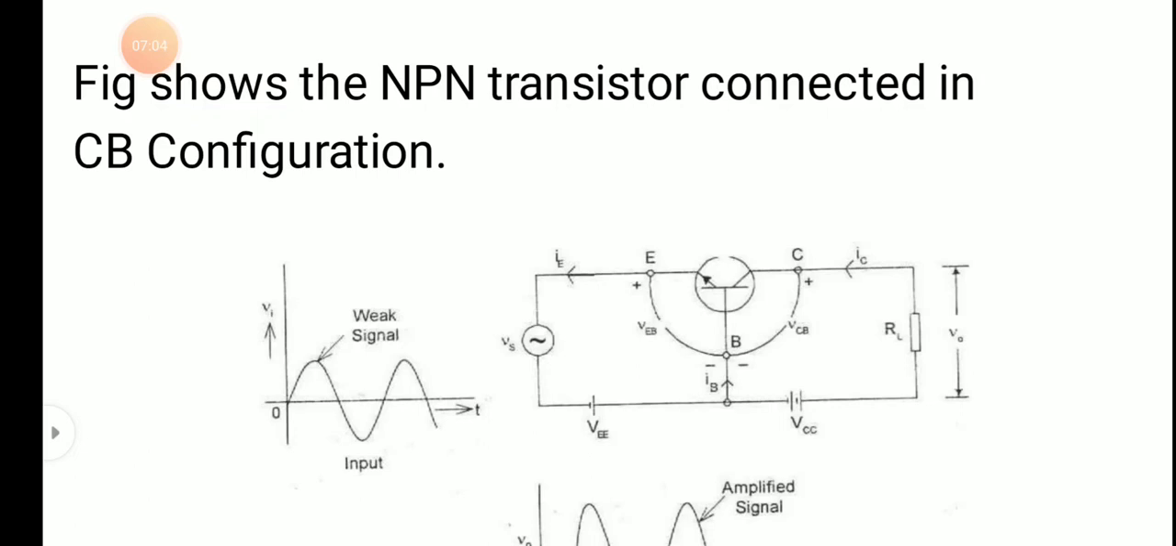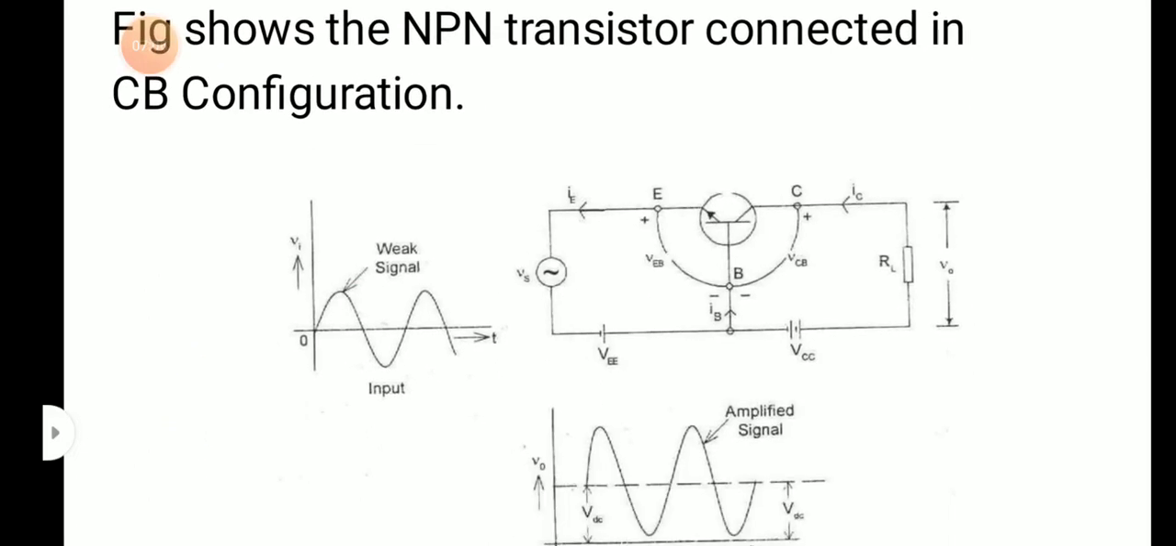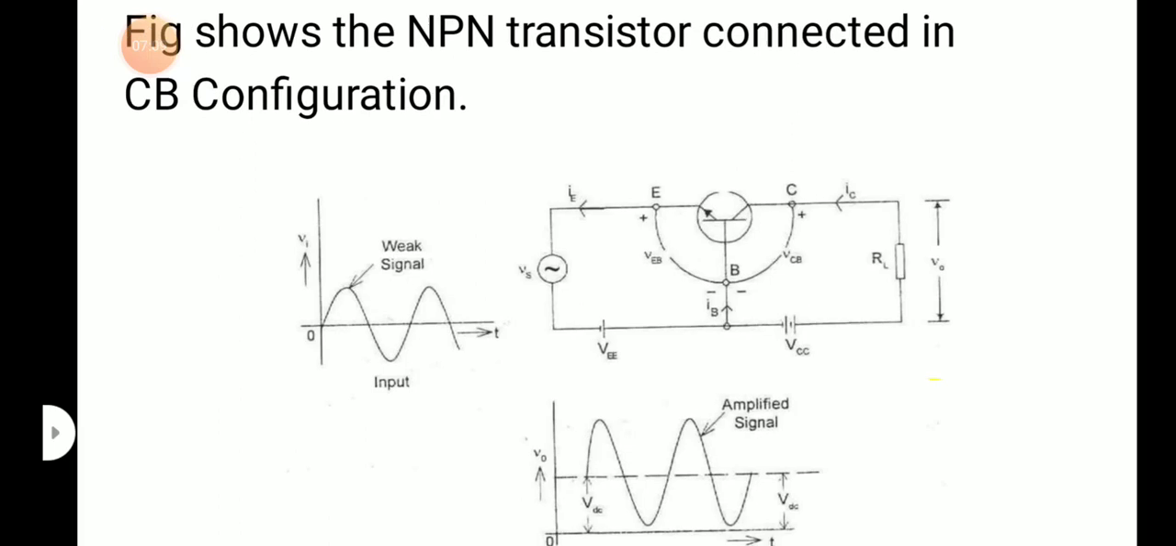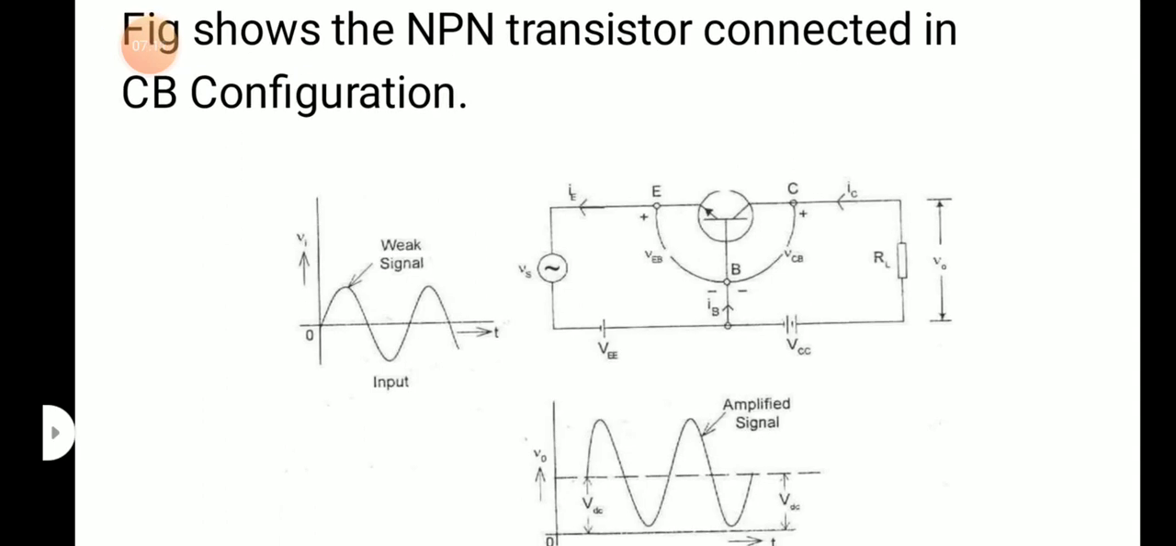You can see the NPN transistor connected in common base configuration. So what we are doing is, the base is common for the input and output. You can see the three terminals are extended: emitter, base, collector. So the base is common for the input and output. VEE and VCC are the bias voltages to make the transistor